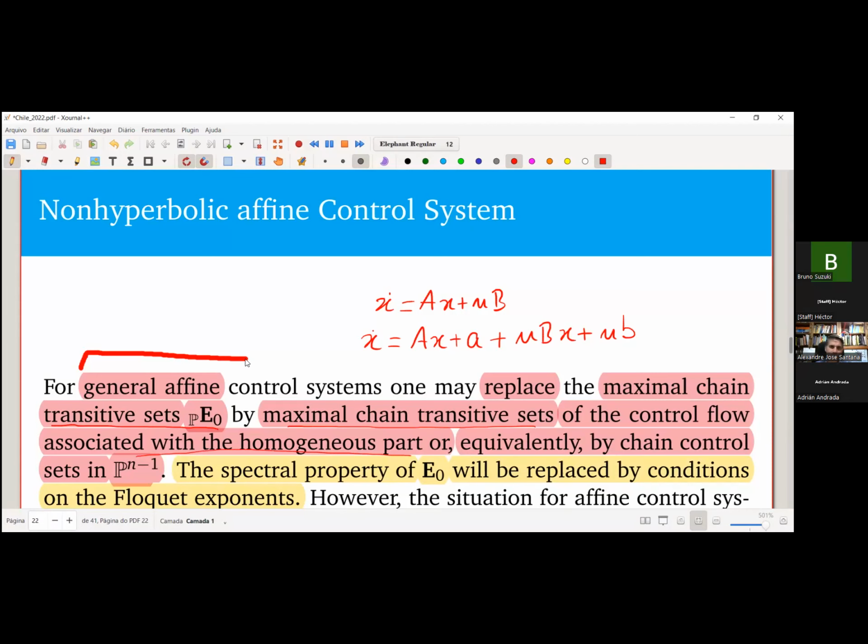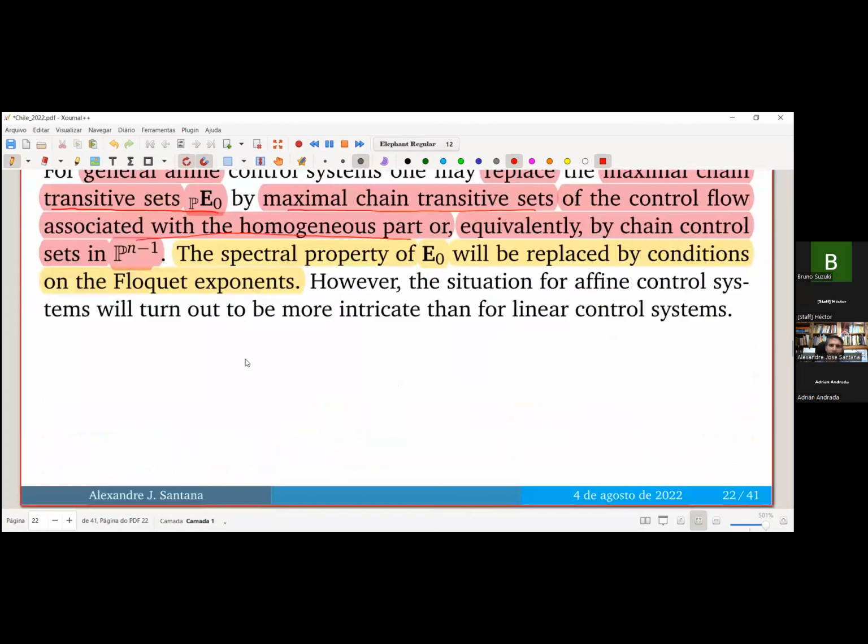So we have that in this case, we prove that the unbounded control set here in R^n, the boundary at infinity of this control set, will be in